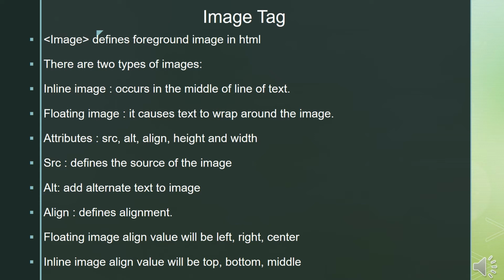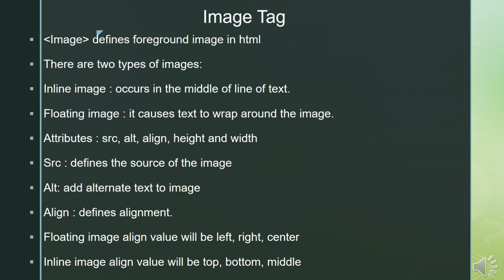For example, if you see the textbook, you have an image embedded on the left hand side, and on the side of the image you have many lines of text which are printed. So those images are inline images. When I say floating image, it means the entire block will be empty and you have text either on the top or at the bottom. So there are attributes to the image tag.